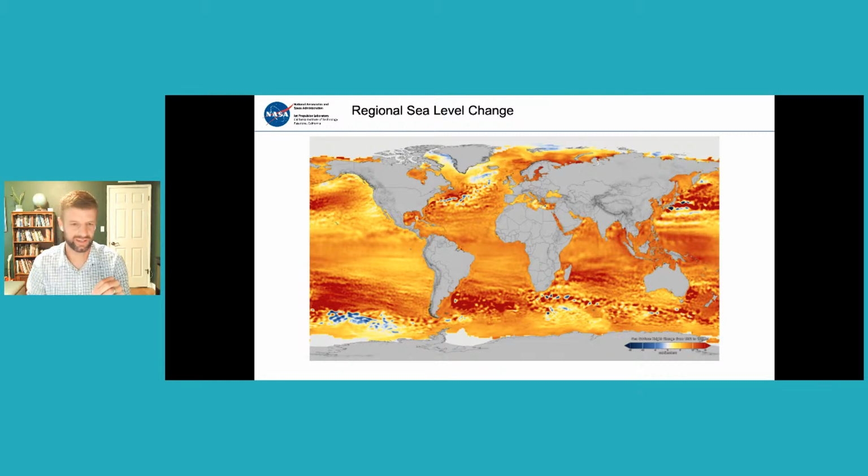If you look at, hopefully you can see my cursor here, but if you look at the coast of California, you can see that during the satellite record, we actually have not seen that much sea level rise, right? This is associated with some of these shorter term factors that are contributing. But if you look at the other coast, so say the east coast of the United States, we've seen very high rates of sea level rise over this time period. And there's a number of reasons for this that we can, again, try to understand with these observations that we have available to us.